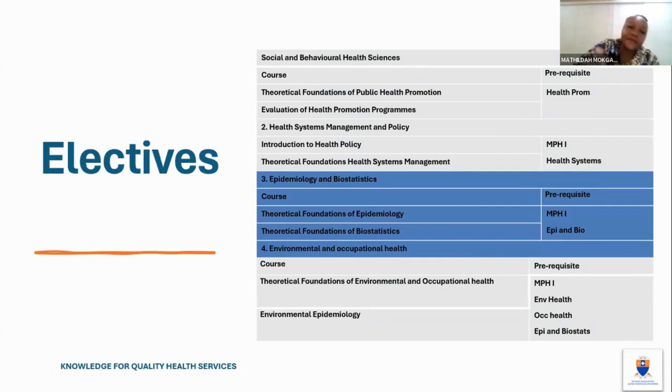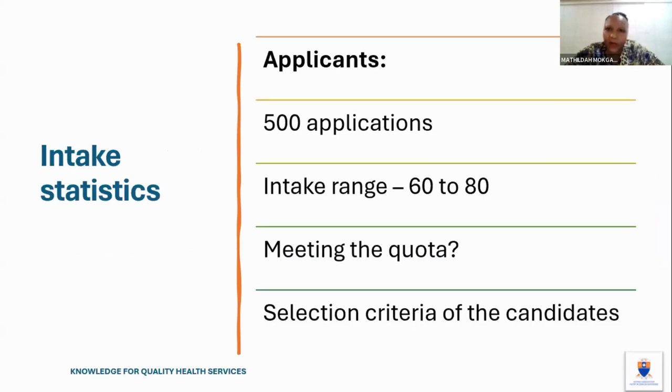Then we have electives because we have a full staff establishment. These are our electives when people want to take track specific modules to channel their career in either health systems, biostatistics, epidemiology, occupational and environmental health. They will definitely package themselves along the modules that you see here. And then we have lots of applications, but I'm glad that we are here because appropriateness is usually a problem. So I think these webinars will definitely help us attract the relevant people.